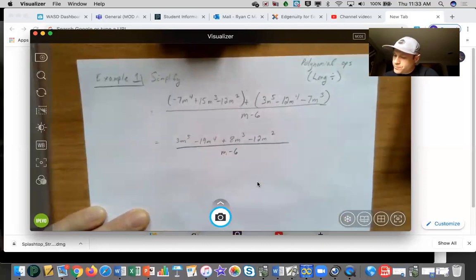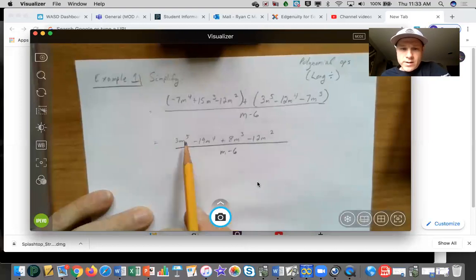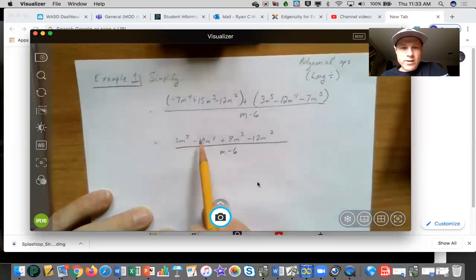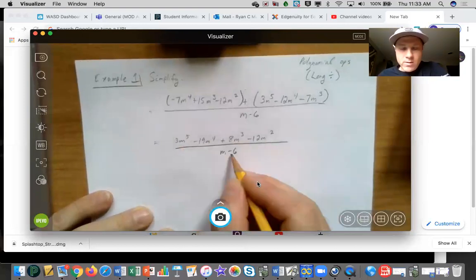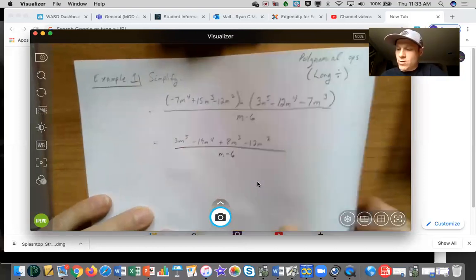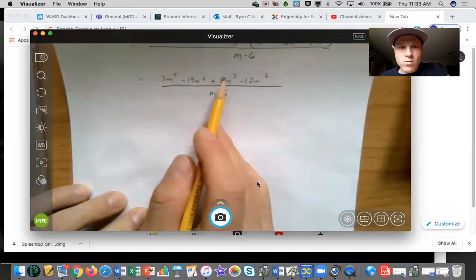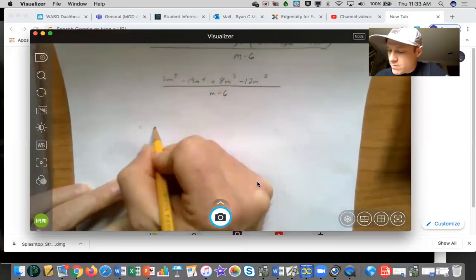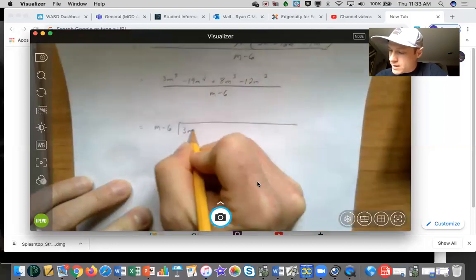Okay, so what we can do from this point, since I would try to factor this if I could, and basically the only thing I can do is take out a GCF, I'm going to rewrite this as a polynomial long division question, and hopefully I can get a more simplified answer. So don't forget, when you write out a polynomial long division question, if there's any degree that's missing, you also have to include that degree in your problem as you're writing it out. So I have m minus 6 divided by 3m to the fifth minus 19m to the fourth,